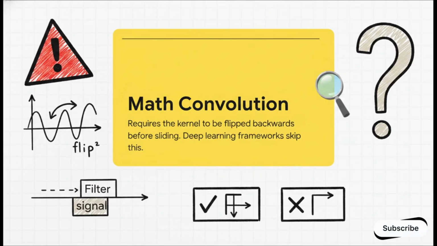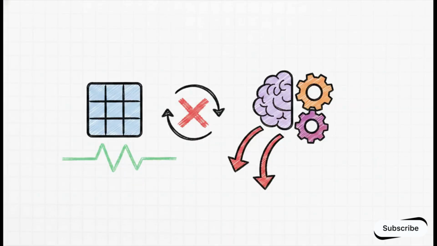You'll see this represented by the n minus k in the equation. The theorem literally only works mathematically if you flip the kernel first, and that's just due to the way complex exponentials behave in the frequency domain. But, and this is a massive but, deep learning frameworks absolutely do not do this. So the really crucial takeaway here is that when you call